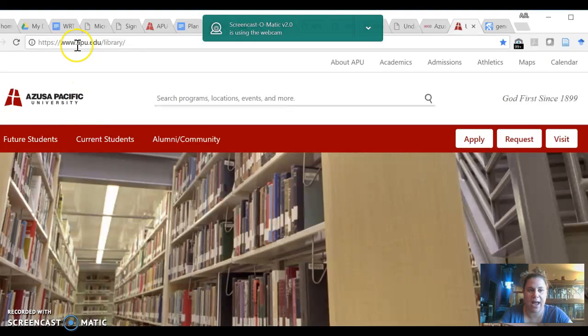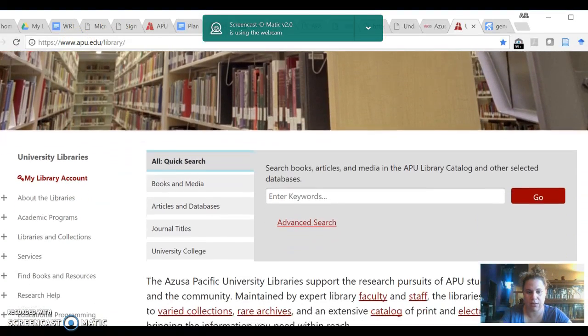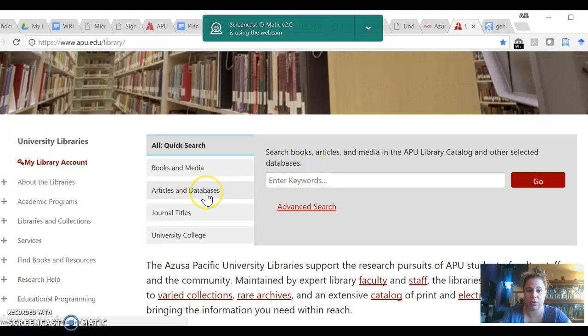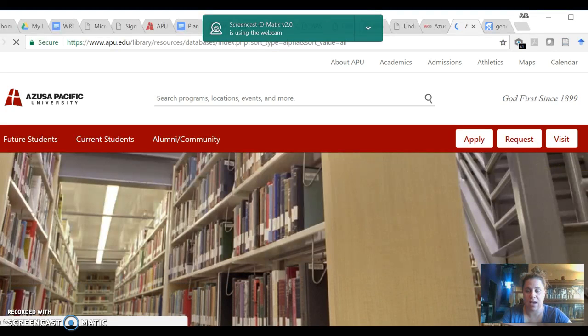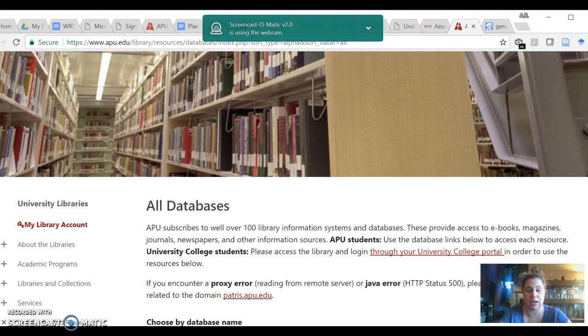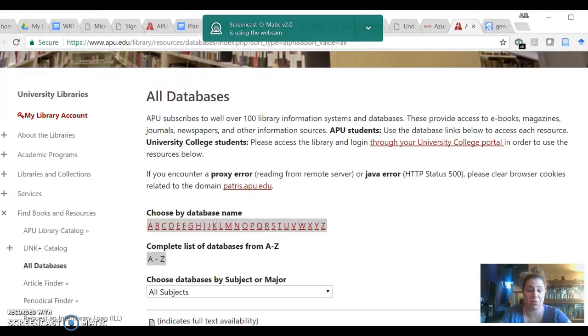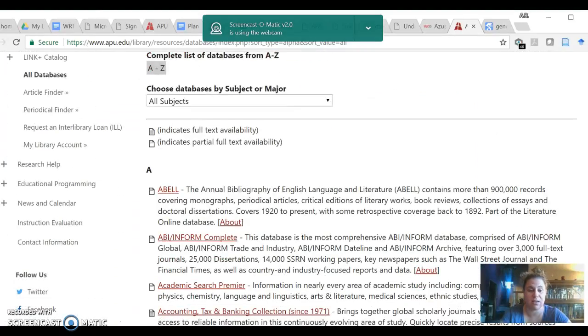So once you are at apu.edu/library, you're going to scroll down, click on Articles and Databases, click on View All Databases. Academic Search Premier is a great starting point and usually will suffice